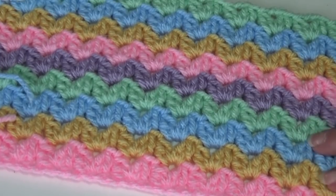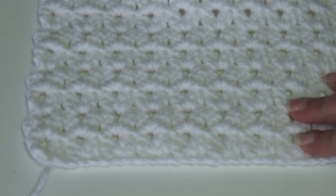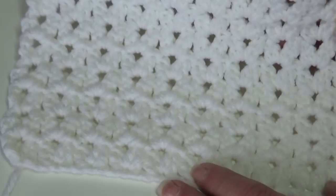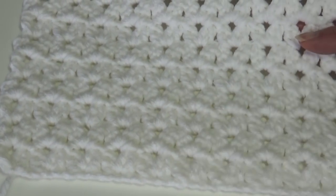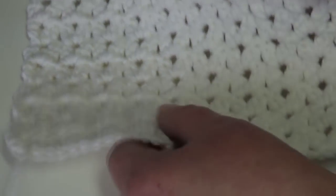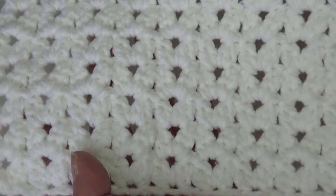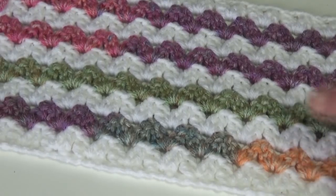Now my second sample I made, this is a solid white sample that I always make. The pattern's not as noticeable in this, and this one I turn my work with each row. I do not fasten off. So this is the difference. I'm not sure if you can see the difference, but that's the difference. And this sample was made using Red Heart Super Saver white, and I actually was able to go to a